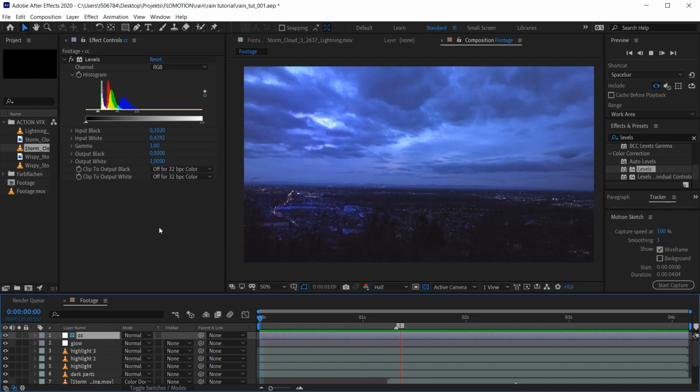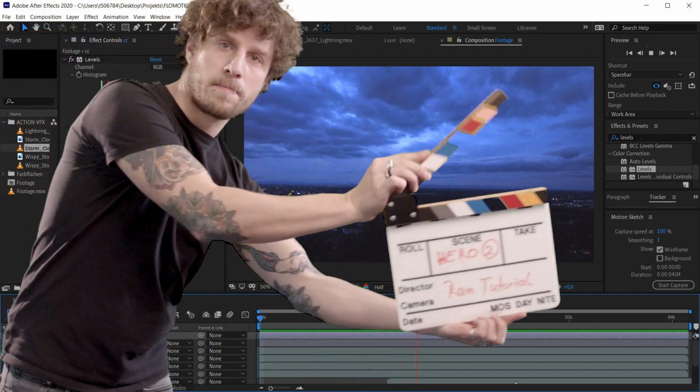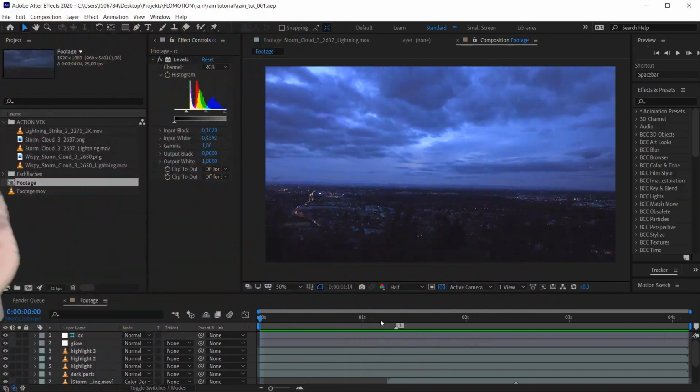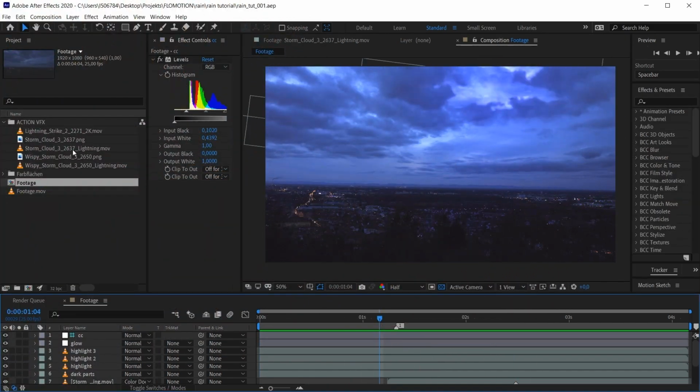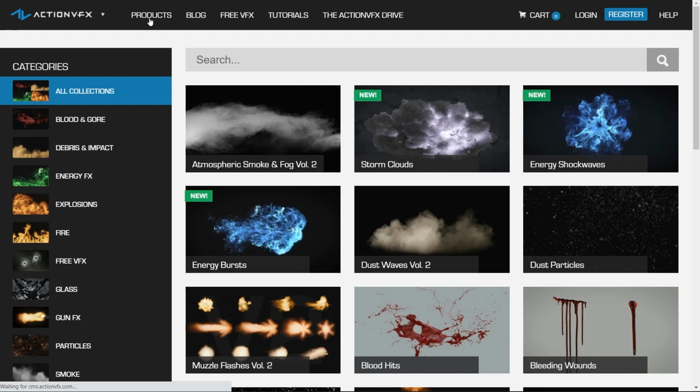So let's directly jump to the next part, creating our hero, the lightning bolt. And therefore we use again the storm cloud assets from Action VFX, but this time we use it as a hero. So we really put it in the center of the shot now. And what I like about Action VFX, you can again go to their site onto the products page,